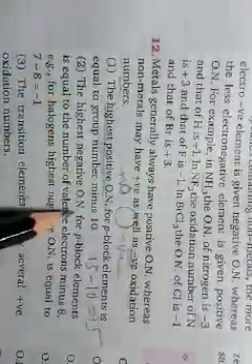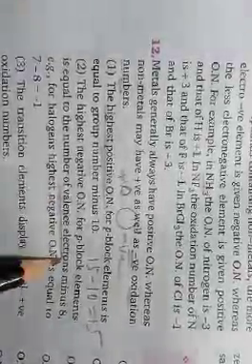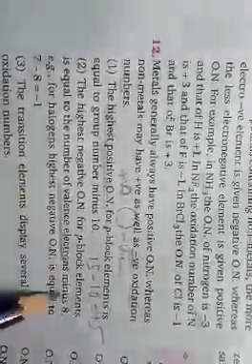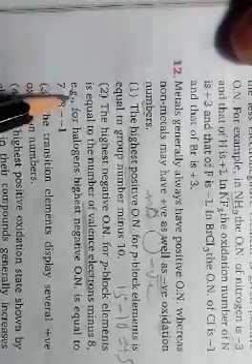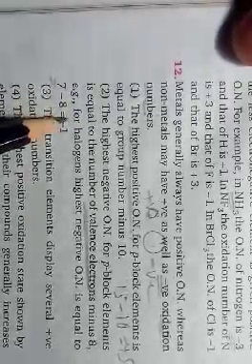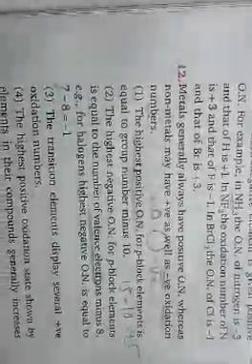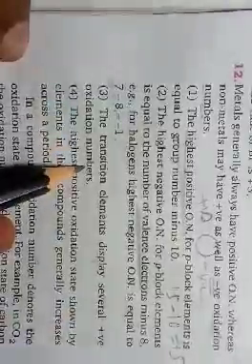The highest negative oxidation number for p block elements is equal to the number of valence electrons, valence electrons meaning electrons of the outermost shell, -8. Suppose you want to calculate the negative oxidation state of 17th group elements. The 17th group elements have 7 electrons in the outermost shell, 7 -8 equals -1. Then the next point: the transition elements display several positive oxidation numbers.